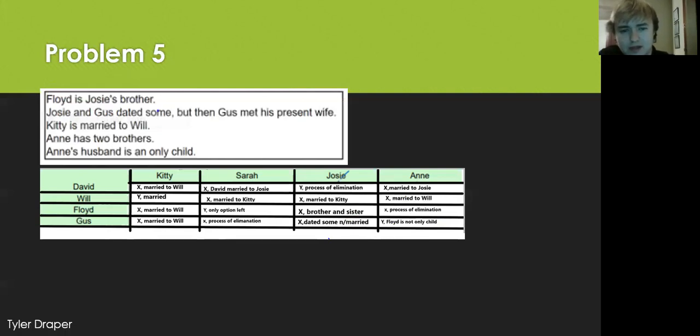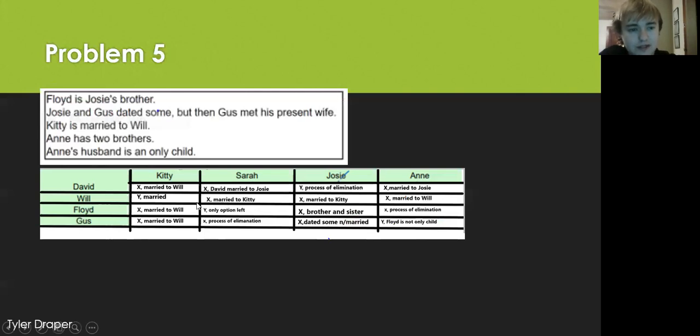And David is married to Josie. We already came up with that solution. We know that Floyd and Anne have to be married because that's our only option, if Gus is the only one without a sibling, and that's all the information we're given. We're going strictly off information given. Okay, and then if that's the case, and all 3 of the other people are married, then our only option,